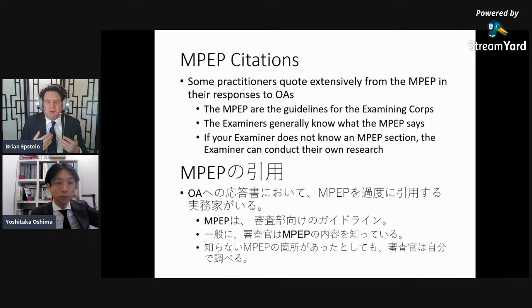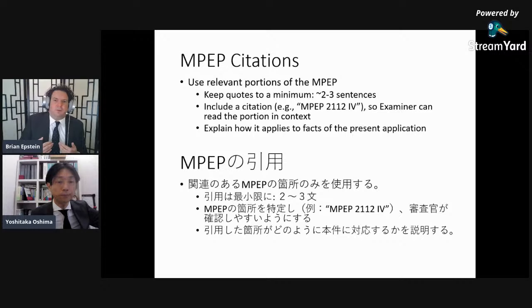And so, maybe your examiner has forgotten a particular section or doesn't know how to apply a particular portion to an office action or your applicant's response. But generally speaking, the examiner can conduct their own research. It's very easy for them to open up the MPEP, there are digital copies these days, and find the relevant portion that is cited to them in an office action response. And so therefore,